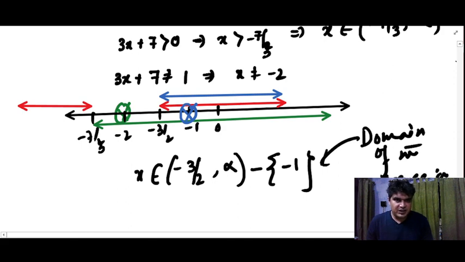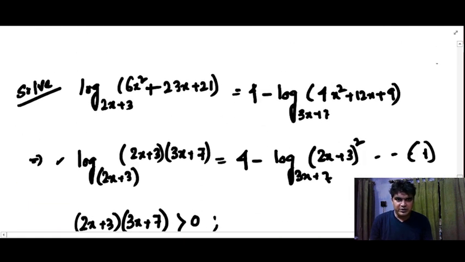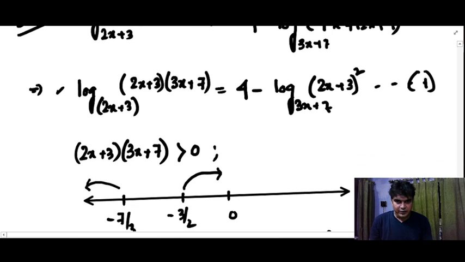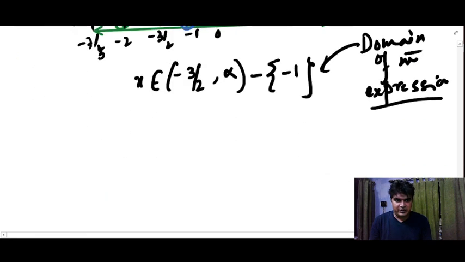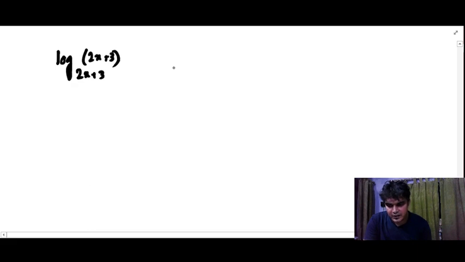So once I get the domain, now I'm going to solve the expression. So again, I'll get back to equation number 1 and I'll simplify it. This is our equation number 1. So I'm going to simplify it. So let's see what I'll get after simplifying this equation number 1. So if I start simplifying it, what do I get? Log of 2x plus 3 in the base. So here I am having 2x plus 3 plus